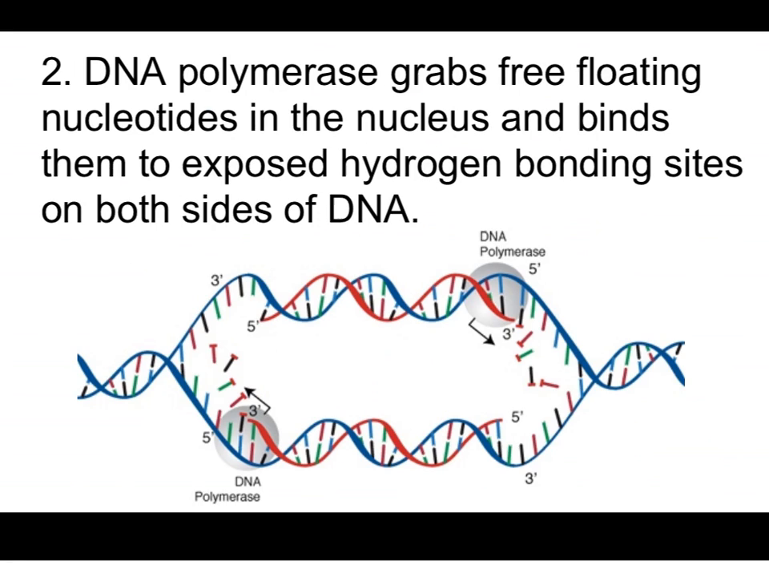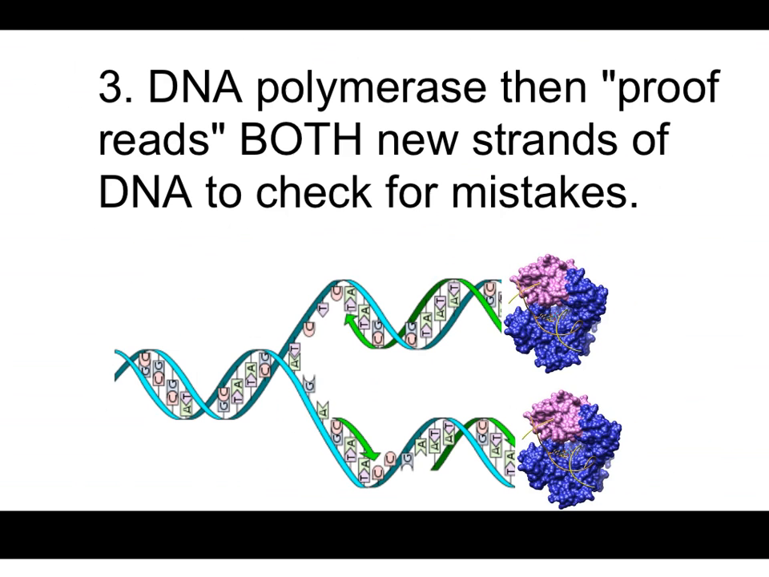Number two, DNA polymerase then grabs free-floating nucleotides that are hanging out in the nucleus and binds them to the unzipped DNA on both sides. It makes sure to attach these nucleotides in the proper order based on DNA's code to form accurate and complementary base pairs. The third and final step occurs when DNA polymerase proofreads both new strands of DNA to make sure